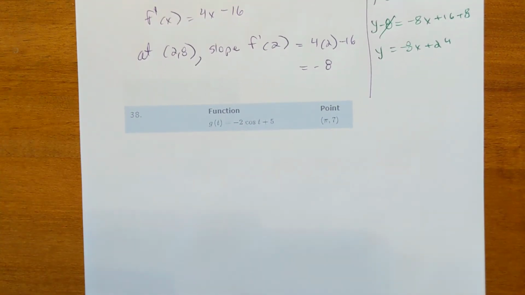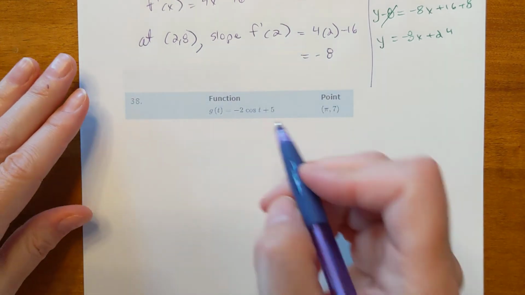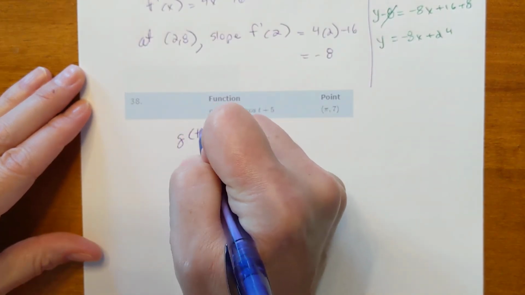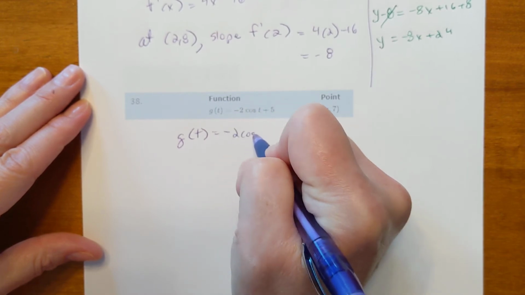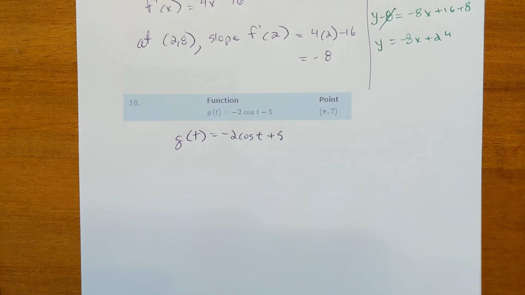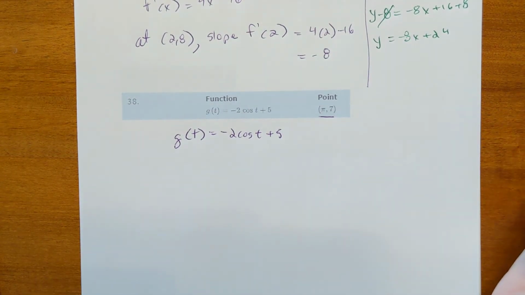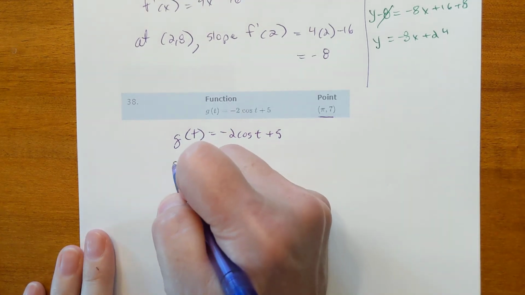Okay, the next one. Get to use some trig here. Again, I know it's like a fraction to you. It's going to be okay. We've got g of t is equal to negative 2 cosine t plus 5. All right, so again, they want us to find the slope at the point pi. So we got to take the derivative of it. So g prime of t